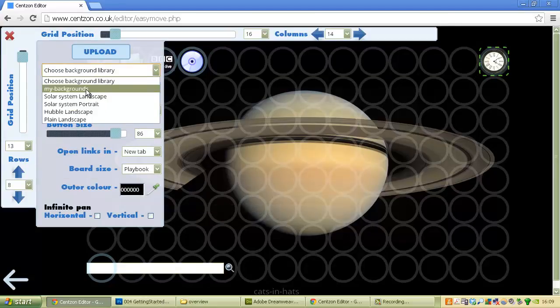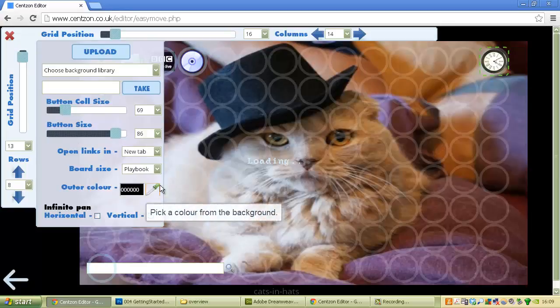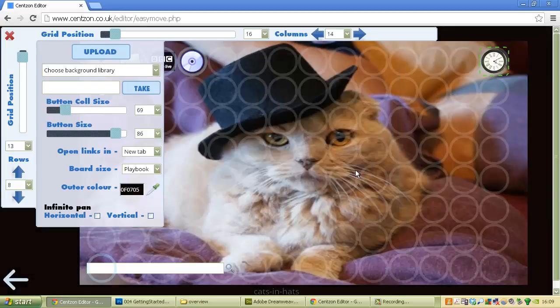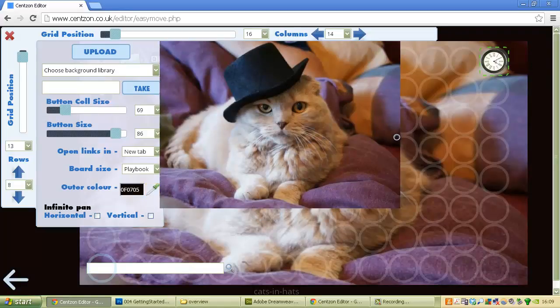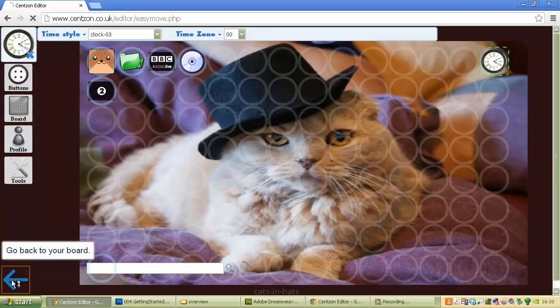So let's go back to our cat, and I'm going to pick dark purple. I've actually picked black there. Let's go for a dark purple. There we go. We've also got two other options here called infinite pan. Now these are quite unusual in the way they work. So if I click on horizontal and go back to my page,